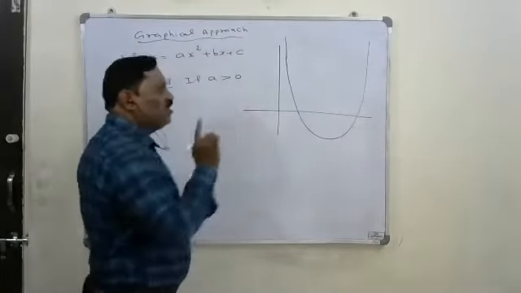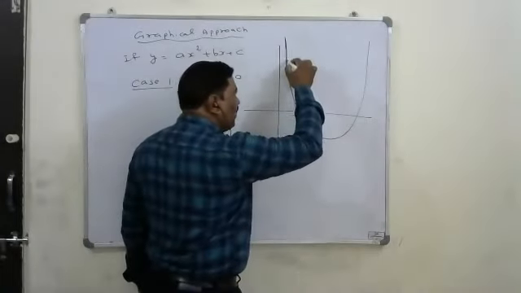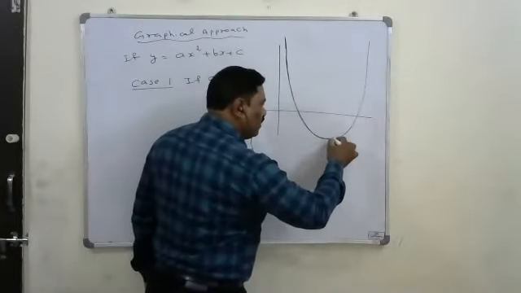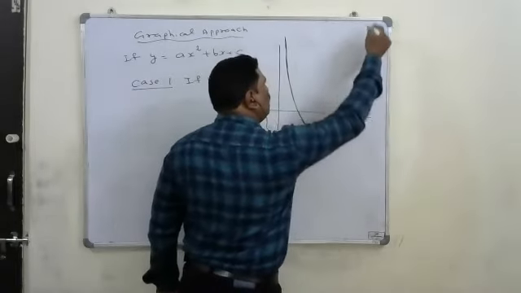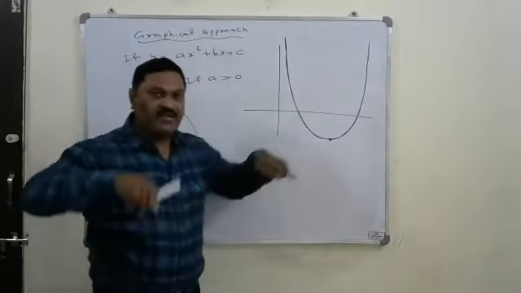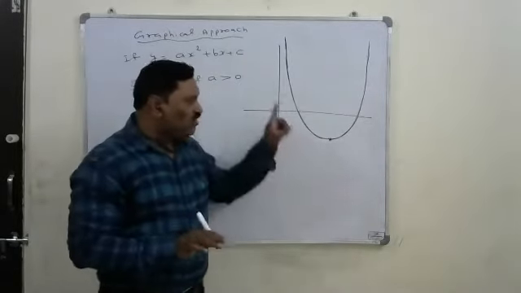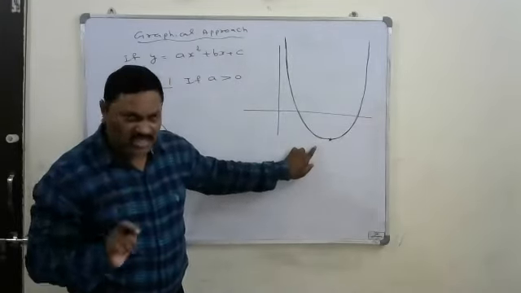Draw the graph of that, the graph might be like this. Means it will decrease and reach the minimum value. After reaching the minimum value, again it will increase. So at the maximum side, it does not exist because it is an open curve. It is not a closed curve. The graph will be like that. Means it will have the minimum value only.